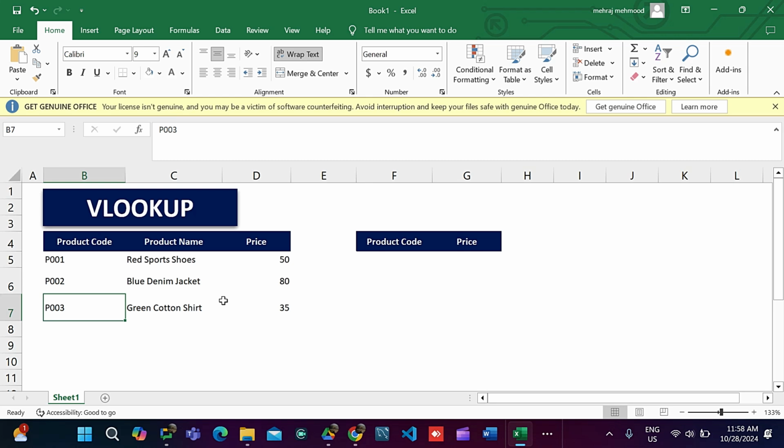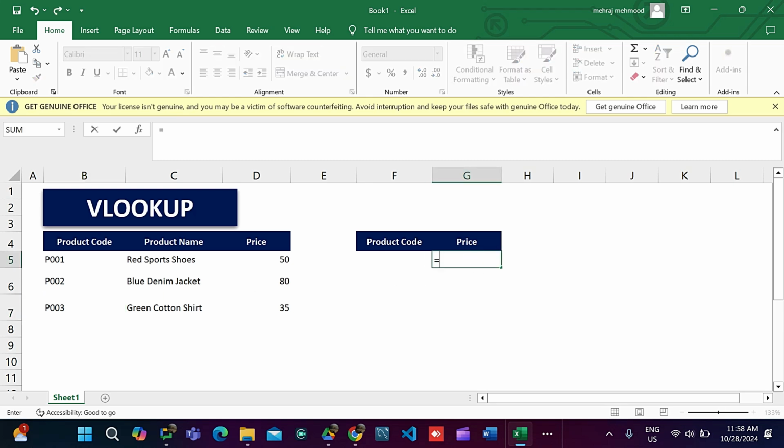Click on an empty cell where you want to display the price and type is equal VLOOKUP, quotation marks P002. P002 is the product code we are looking for, comma,